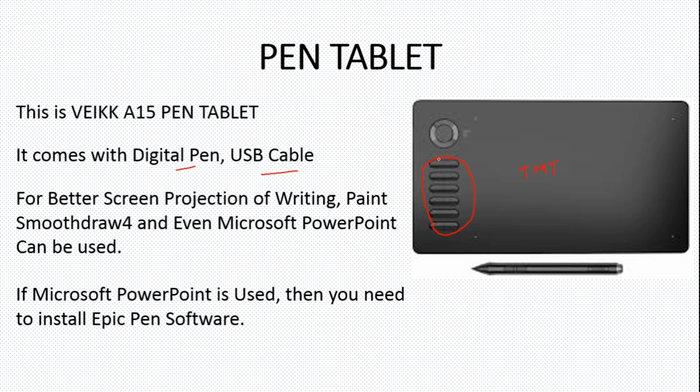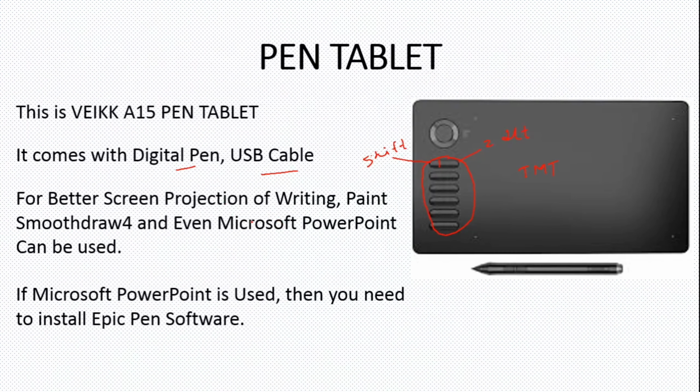For example, number 1 key I have assigned for shift key of keyboard, and number 2 I have assigned for delete key of keyboard. So by pressing 1 I can control the shift key of keyboard, by pressing 2 I can control delete key of keyboard. So why have I assigned shift and delete? You see, for OBS, shift is to start the recording and delete is to stop the recording. So I will not use the keyboard, directly I will use the hotkeys to control the OBS software to start the recording and to stop the recording.